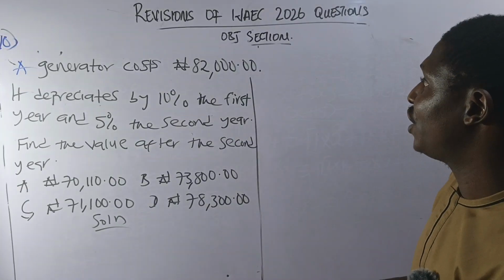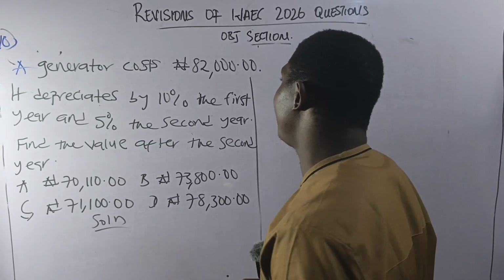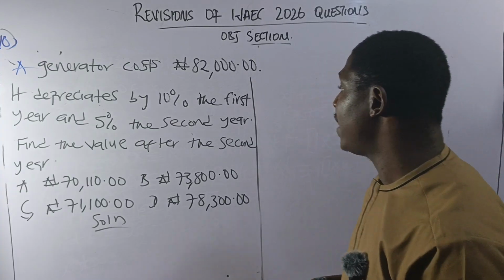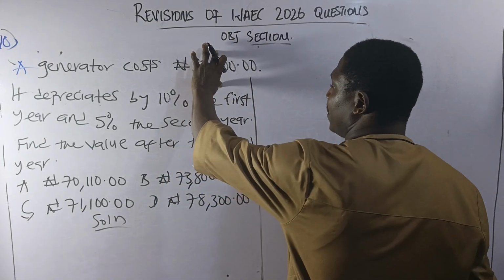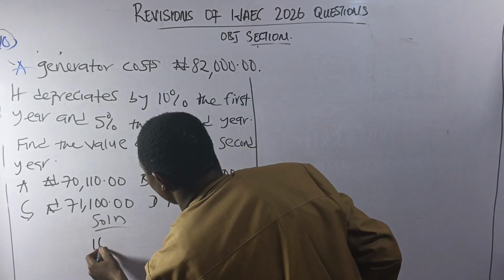Question 10 says a generator costs 82,000 naira. It depreciates by 10% the first year and 5% the second year. It says find the value after the second year. Now, the actual amount is this. For the first year, it depreciated by 10%. So I'll simply check for 10%